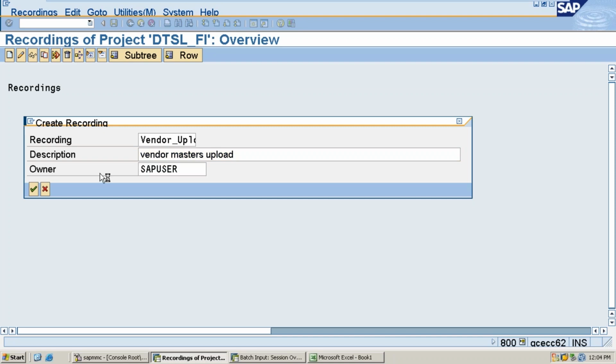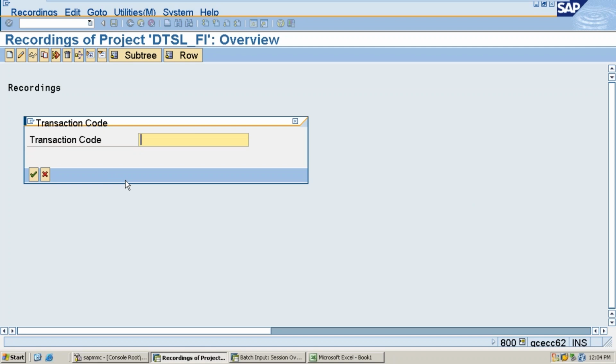Okay, press enter. It is asking with reference to which transaction code you are going to upload the master record. So the basic knowledge needed to understand this LSW is, if you know how to create a vendor master record, that is enough. No need to have anything different. The basic knowledge is how to create a master record manually. If you are aware of that, this is enough. I will show you what to do.